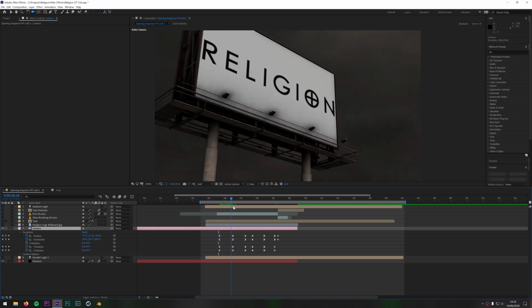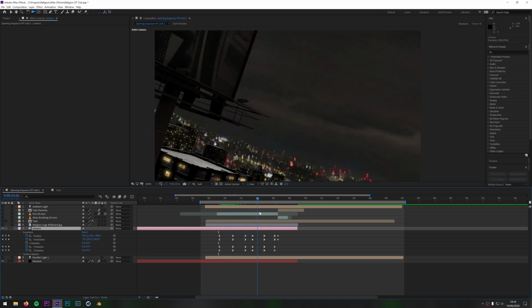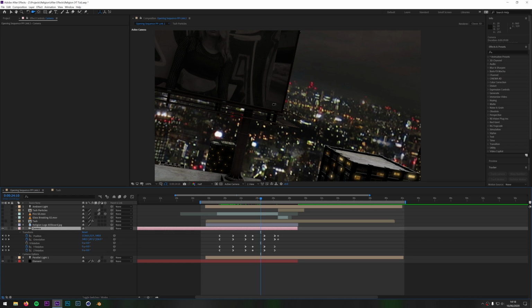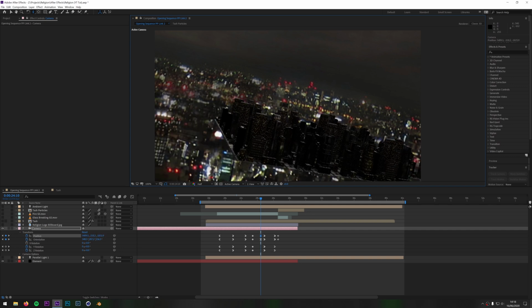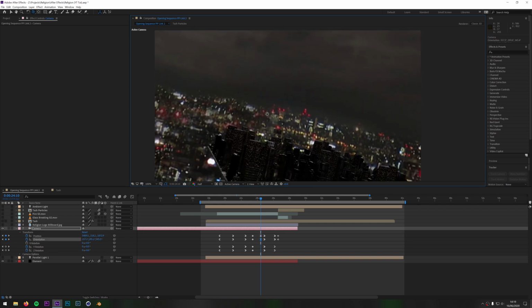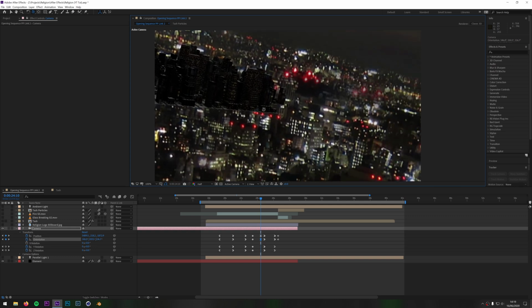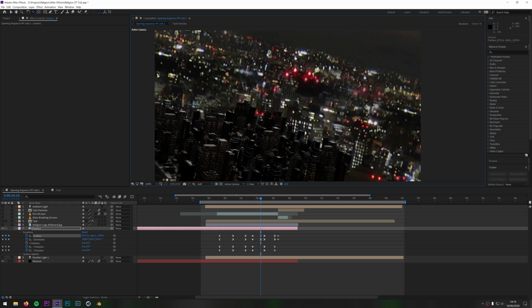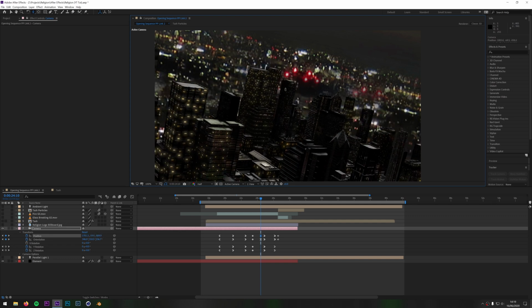And the way that I animated this camera is I just use the C on the keyboard. Let me go to a different frame, let's go to here. If you hit the C on the keyboard, you can toggle between these few different options. This one's the zoom, so let's just zoom out a second so you can see this a bit better. This is the Element 3D scene I've just made. And then if you use this one, you can pan around. This is a one node camera, so it's panning around on the actual spot, so it's not particularly great. And then this one is the move, so you can move around. So nothing too fancy really with it.